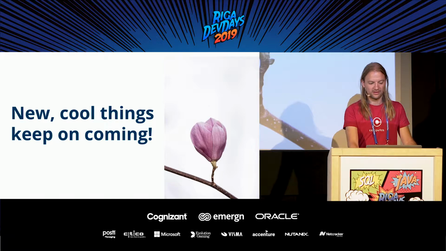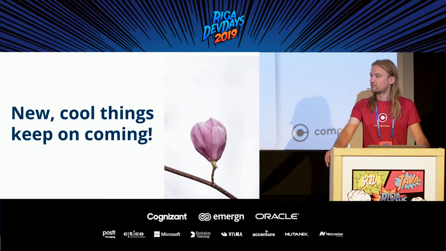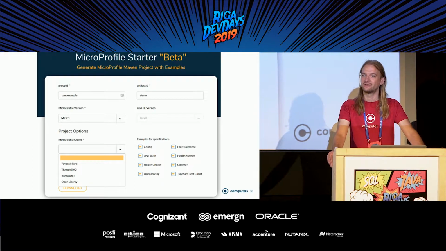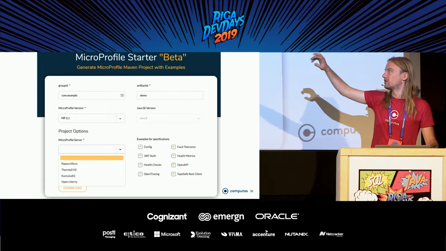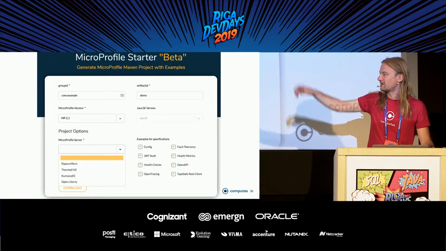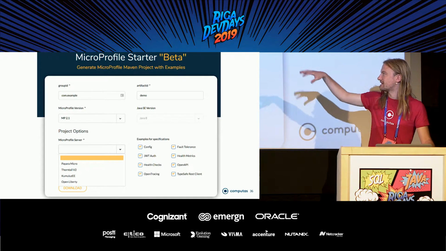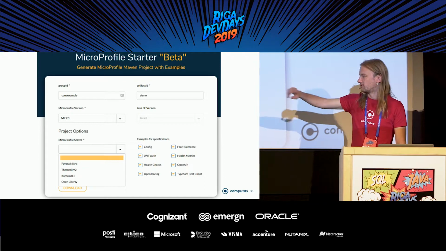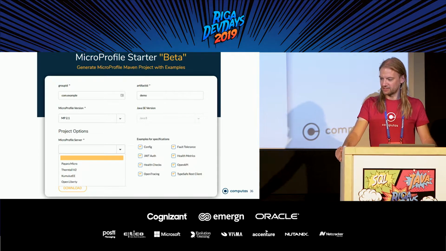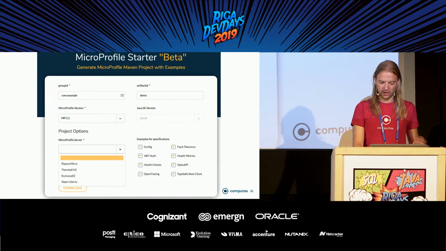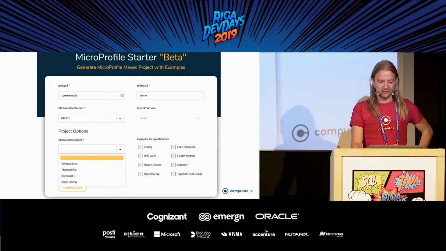Another cool thing that has come since then is the Microprofile starter. For those of you who are using Spring Boot, you might recognize the same format. You start with your group ID, which version you are running, and which Microprofile implementation you want. So do you want to run Payara or OpenLiberty? And do you want examples for doing health checks or open tracing or whatever? Then this gets you easily started. Because we tried to do things manually from scratch, and that's much more work. So use the starter if you want to play with it. And you can find it on Google pretty easily.